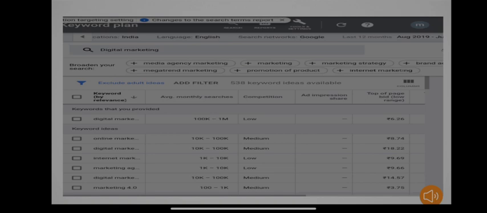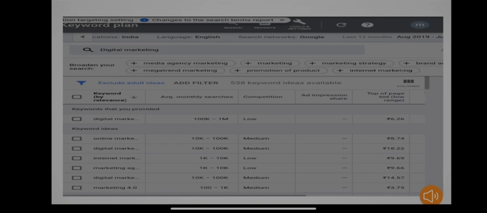In the last column you can see there is a bidding price, that is 6.26. Means what? On a single click, whenever a user clicks on this keyword, you have to pay 6 rupees for that. Then see online marketing: 10k to 100k monthly searches, the competition of this keyword is medium, and its bidding price is 8.7.